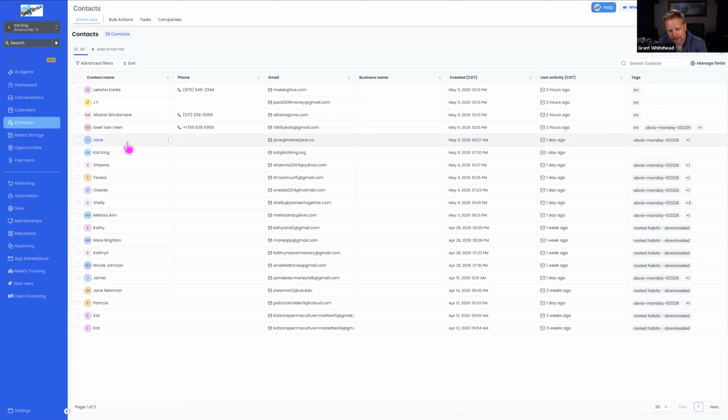Obvio doesn't send back to Go High Level, so it can't remove their last name. It just means you haven't got it in the first place. So only the ones that I took in directly before Go High Level are going to be okay. It's the Go High Level bit that I'm doing wrong. Okie dokie. Thank you, sir.